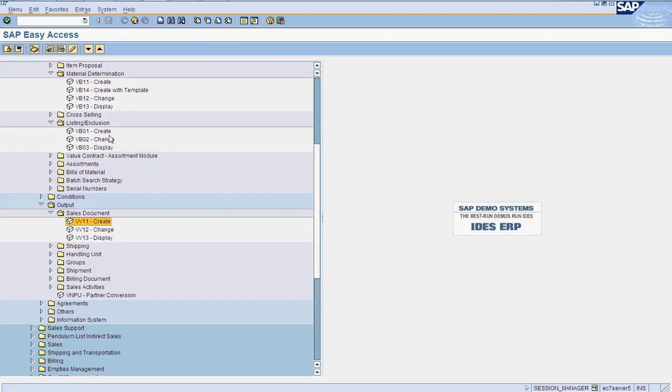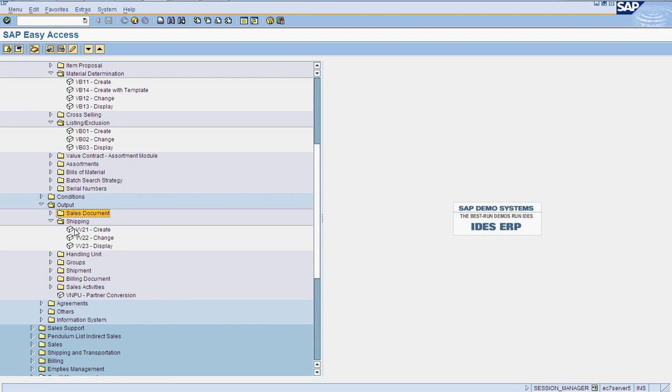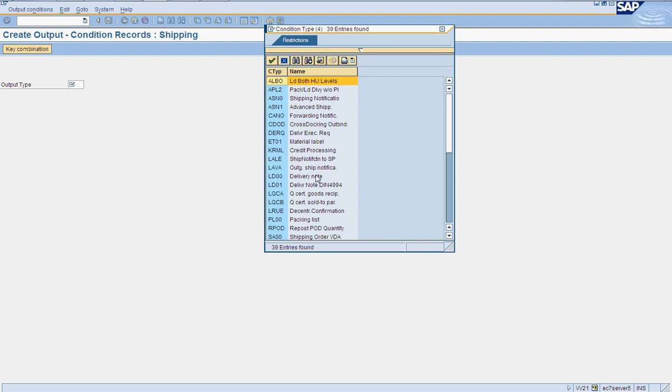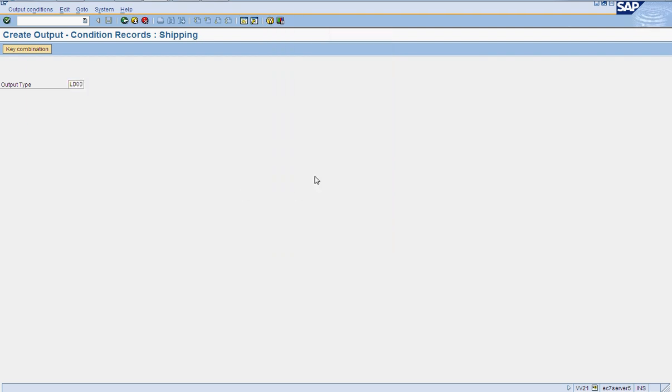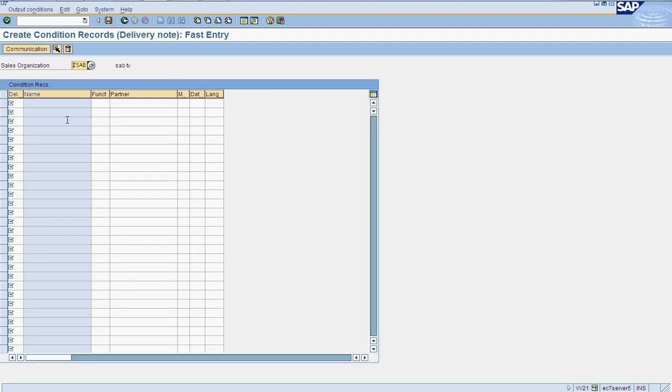Similarly, now I have to create the output type for delivery. For delivery output type, I would be using the standard one provided by SAP, LD00. I'm using this delivery type combination.